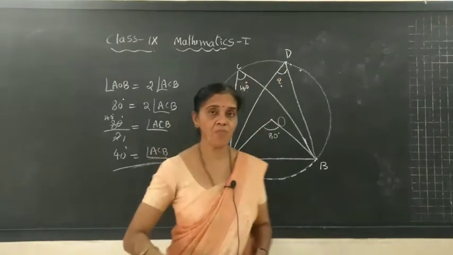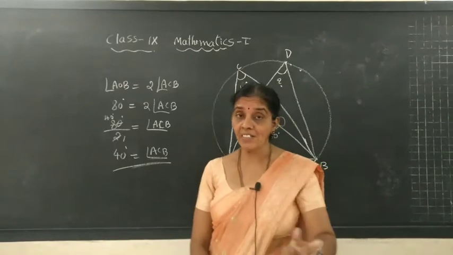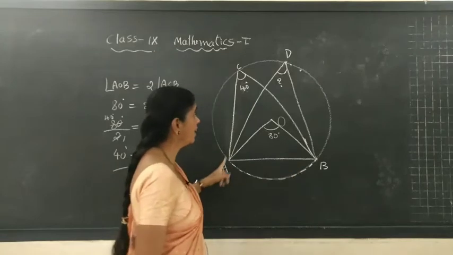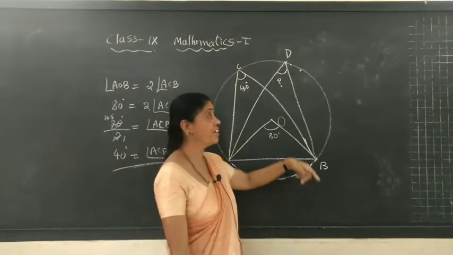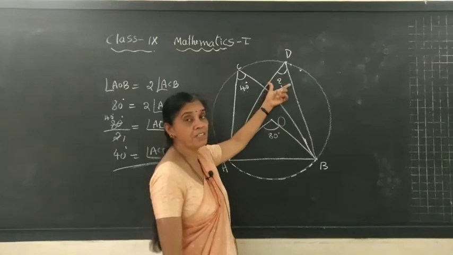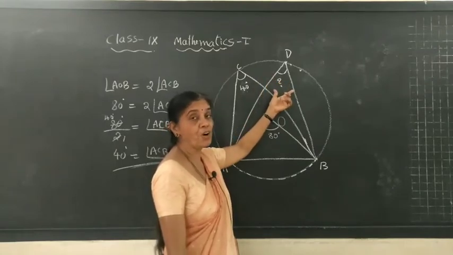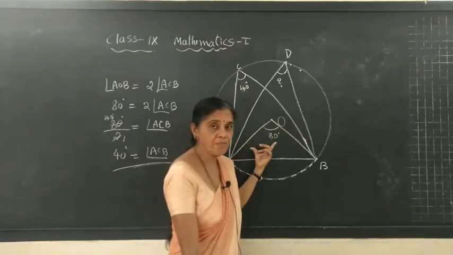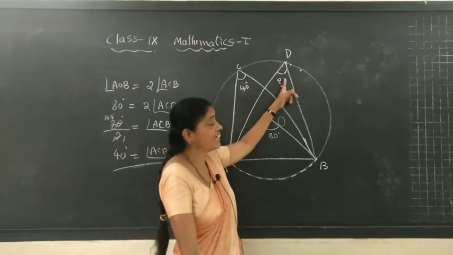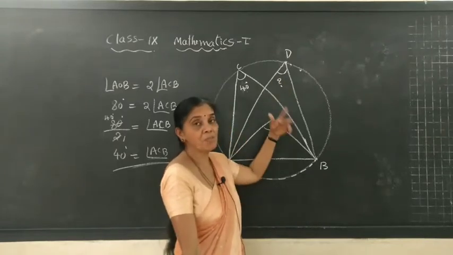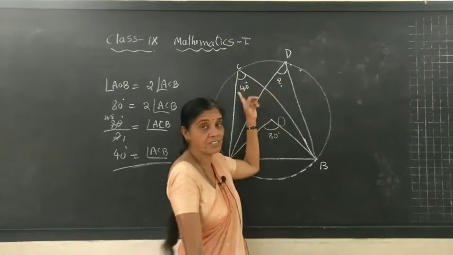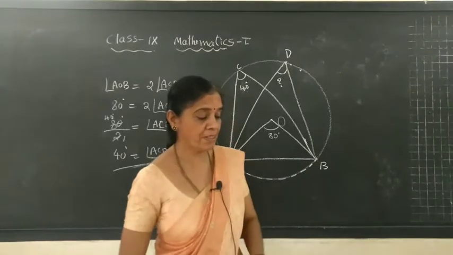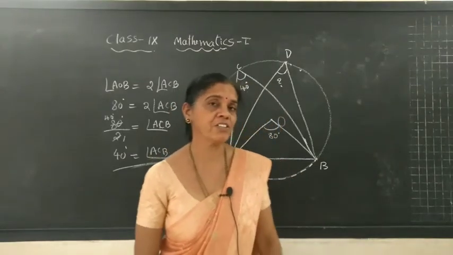So, second case now. Now there are 2 angles, ACB and angle ADB. I want the value of angle ADB. I want the measure of this angle. Now how to find this? Can we apply the same theorem which we studied yesterday for getting the angle ADB, and what is the relationship between these 2 angles? Are they equal or not? So that is the next point we have to learn today, okay.